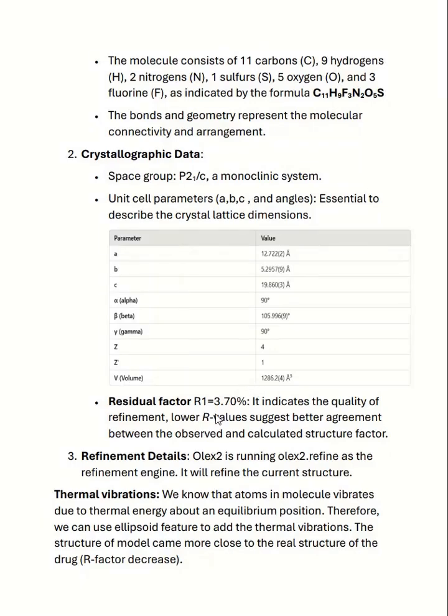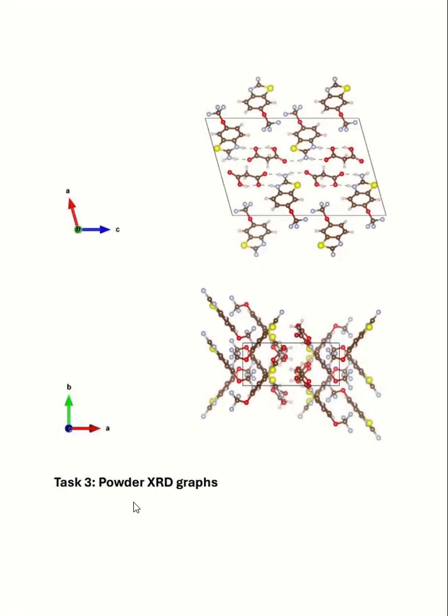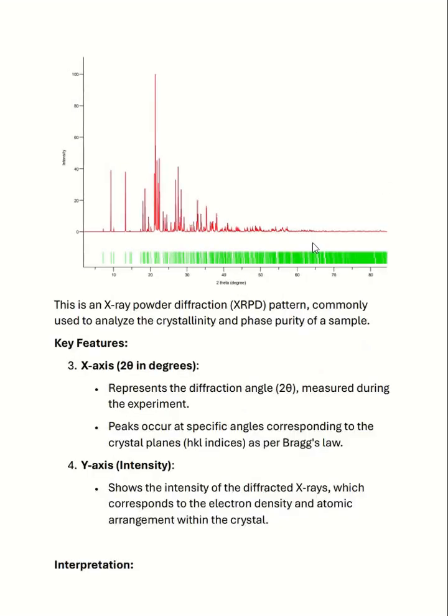And the structural factor obtained in this model is 3.7%, which is a low value and better agreement between observed and calculated structure factor. And we have also incorporated the thermal vibrations of the various atoms. These are the crystal packing diagrams along the various directions A, B, and C, and this is the powder XRD of the malonic acid plus the